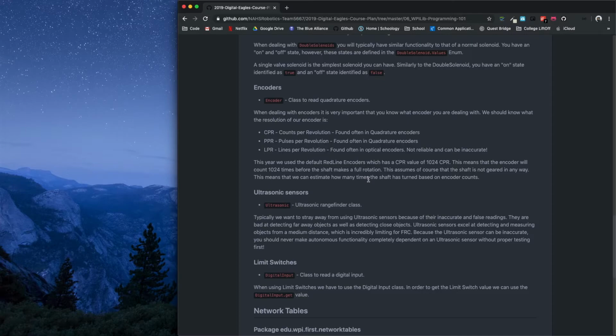We want to stray away from lines per revolution encoders. These are typically found in optical encoders, and the reason is because they're not reliable and they can be very inaccurate. Lines per revolution is essentially like a light, and there's some sort of indicator on your axle, and every time it turns, it checks to see if the light bounces back and hits. If it does, then obviously there's been some sort of rotation made. But if that indicator is missed due to dust or something, whatever it may be, then we're not going to get reliable counts,